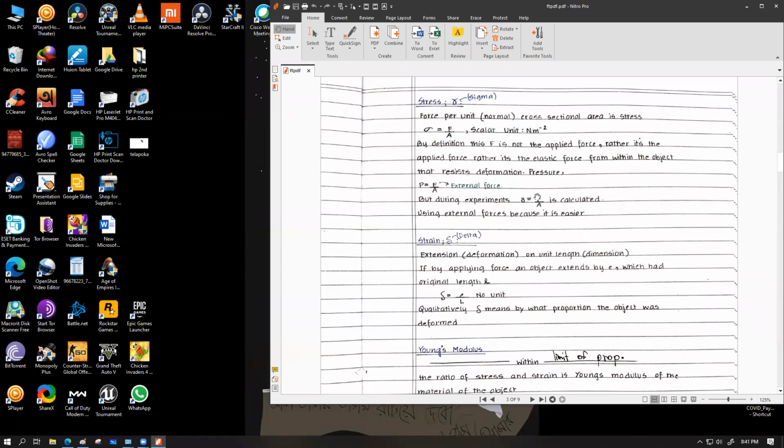Stress is given by force per unit area. Force per normal cross-sectional area is the stress, which has a unit of Newton per meter square. You might feel like this one looks pretty much similar to pressure. Newton per meter square কিন্তু প্যাসকেলও হয় না? হয়, বাট আমরা স্ট্রেসের ইউনিট হিসেবে সবসময় নিউটন পার মিটার স্কয়ার ইউজ করি, প্রেফারেবলি প্যাসকেল ইউজ করি না।